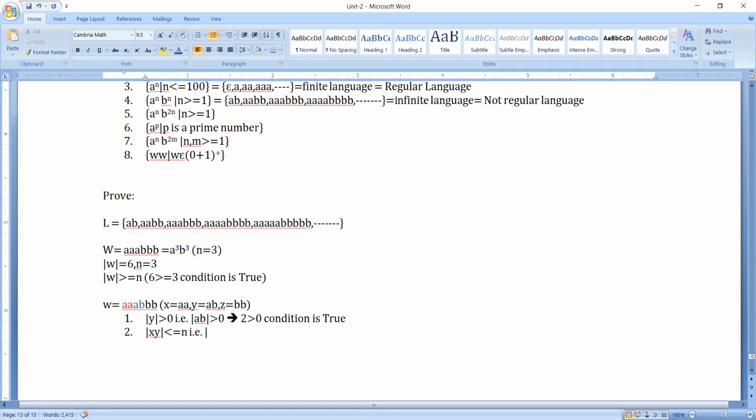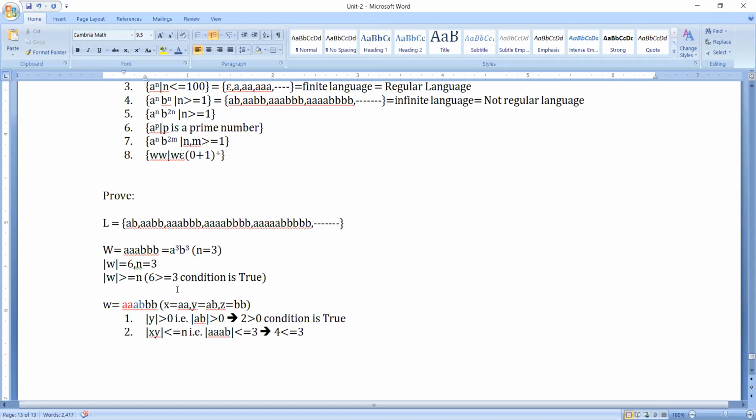We have taken x as AA and y as AB, and here we are checking less than or equal to 3. Now if you observe the result, 4 is less than or equal to 3. Is the condition true? No, false.